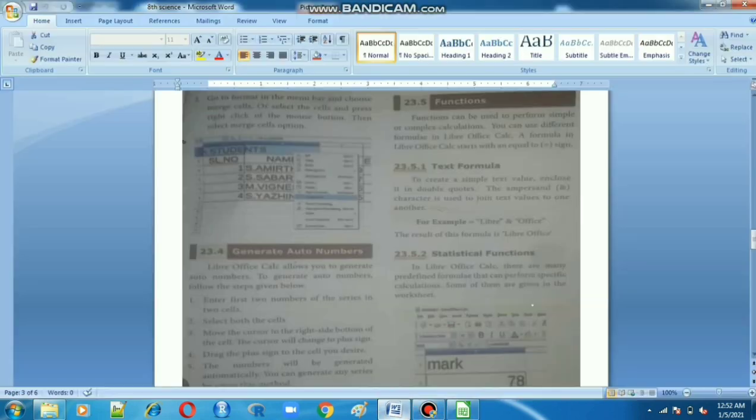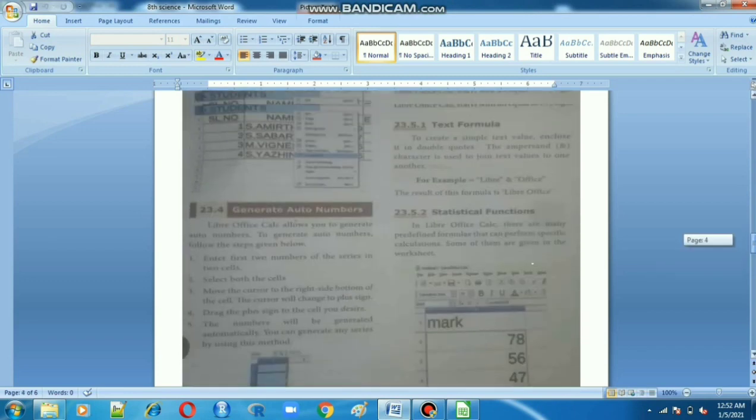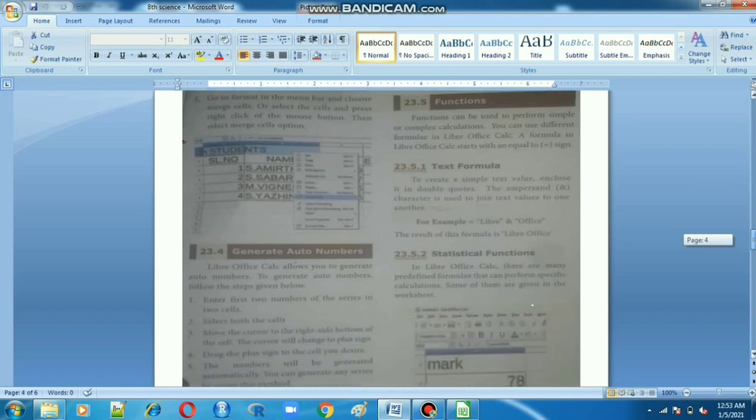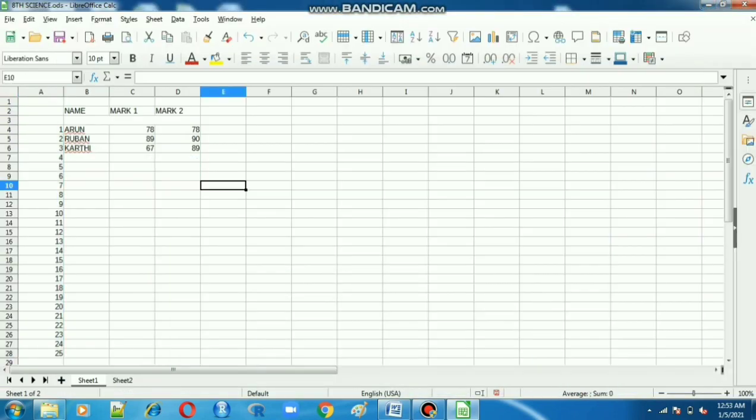Next one, functions. Next, the text formula, shall we see? Text formula. I have to enter text here. Before that I have to merge these two.